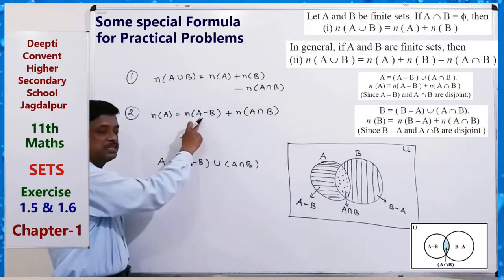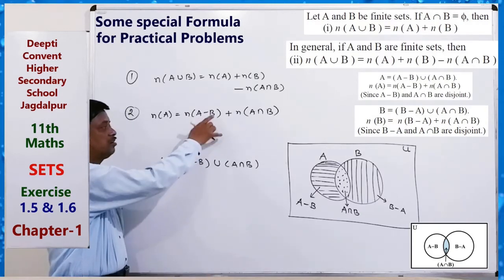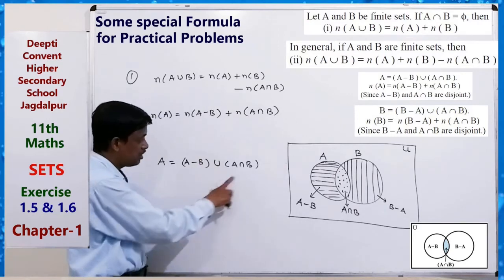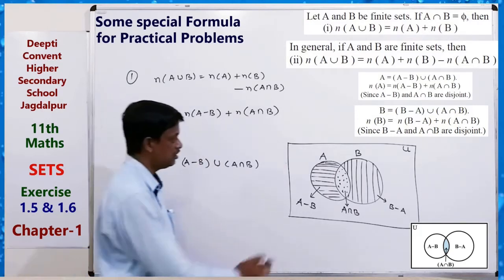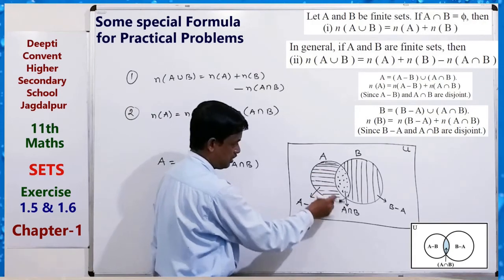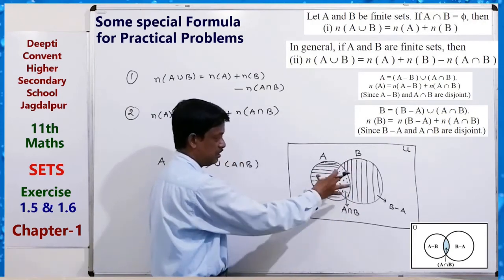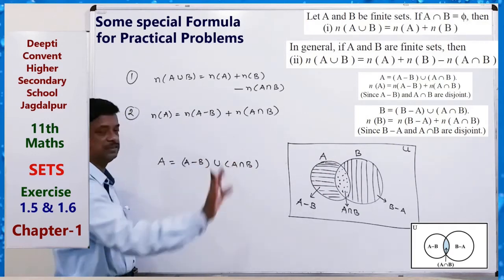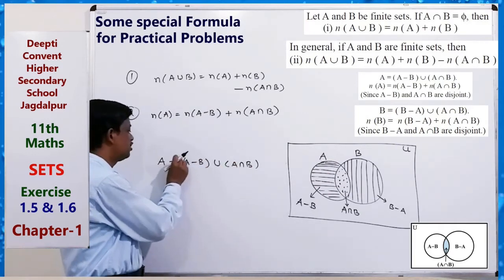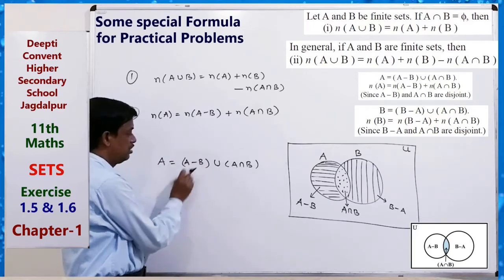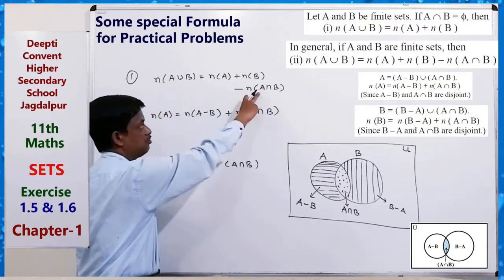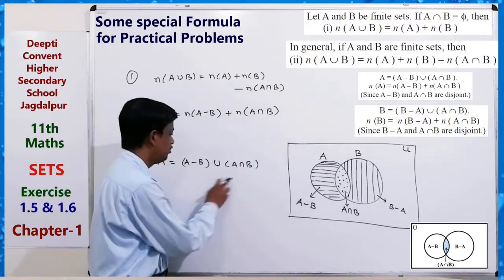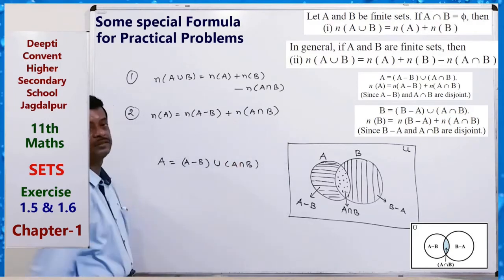For both, A minus B means having A not B. So this is the formula when these two are disjoint, they are separated. Disjoint: A minus B is this part, A intersection B is this part. So they are separated. That is disjoint. When disjoint, we can write like this, because the number of elements is this, the number of elements of this, and A union B also, minus, but there is nothing common between these two. So we can write like this.